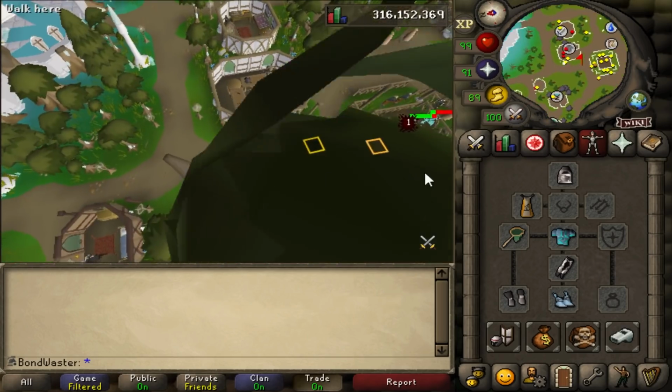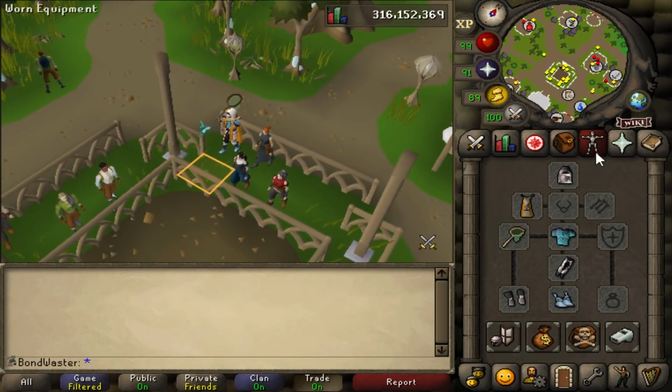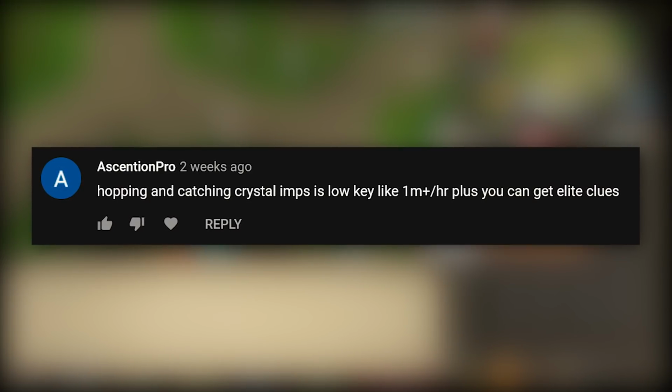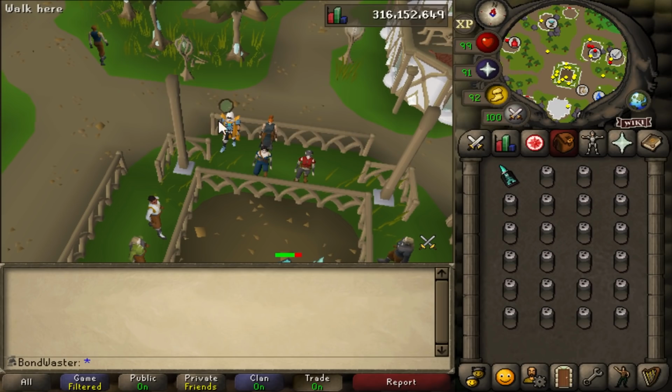Implings are a pretty well-known moneymaker these days. That is, if you catch the Implings rather than buy them and hope for third age from a clue scroll. But what about crystal Implings? Ascension Pro says that hopping and catching crystal Implings is low-key like 1 mil an hour, plus you can get elite clues. I immediately had flashbacks to Puro-Puro and I did not want to try out this method, but